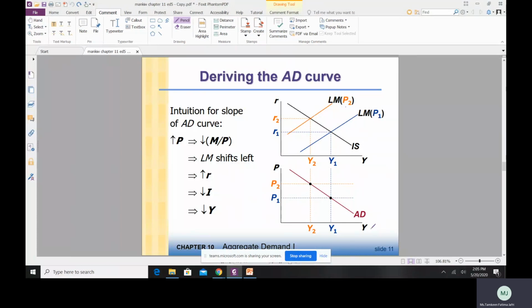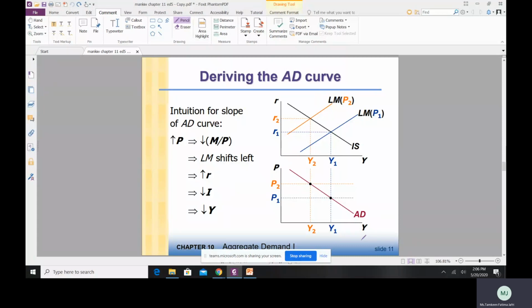So in order to derive this aggregate demand curve, what we did was that we changed the price level and figured out that the change in this price level only shifts the LM curve. In this particular case, we assumed a price increase, which is going to result in a leftward shift or an inward shift in the LM curve. And you can see from the diagram that if a price increase happens, Y is going to decrease as a result. So joining all these points together will give us the aggregate demand curve.